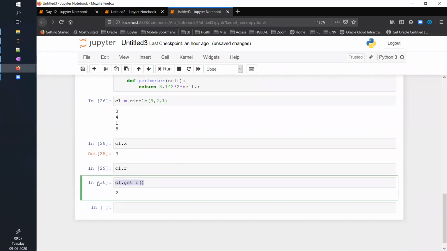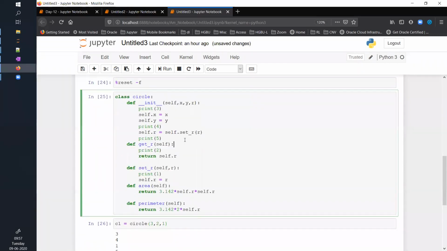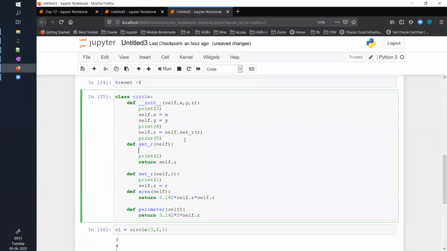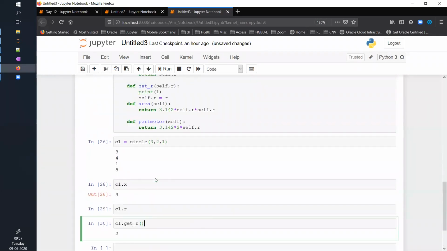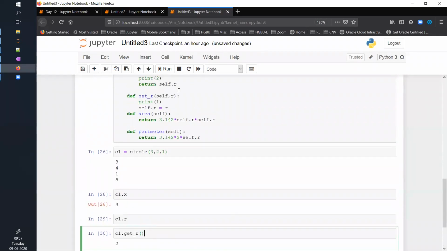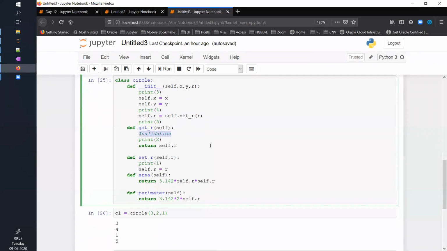Why I'm doing this? Now I can add additional logic here. I can add some validation. When the user is calling with some user access, it will first get validated whether that user is authorized to access that data or not. And after that validation, after that authorization, after that authentication, then only he will get access to those values. That is the idea.